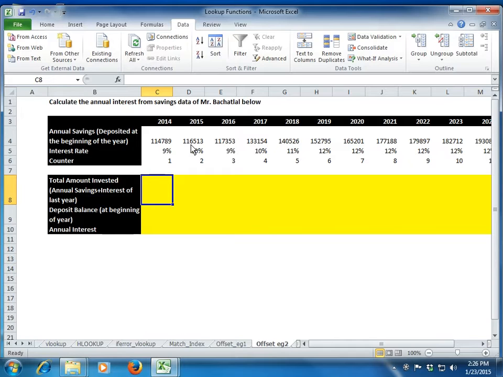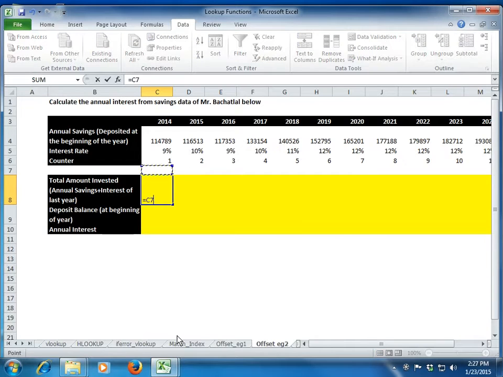What I need here, first, is to know how much money he will invest annually. Second, at the end of every year, how much interest he will generate on his total savings. And he is not withdrawing any money from the savings. So whatever money he has saved in the first year will continue in the second year. Whatever he is saving in the second year will continue in the third year, and so on and so forth. So let's see how we calculate this annual interest using this example.